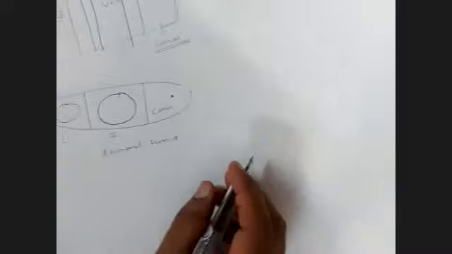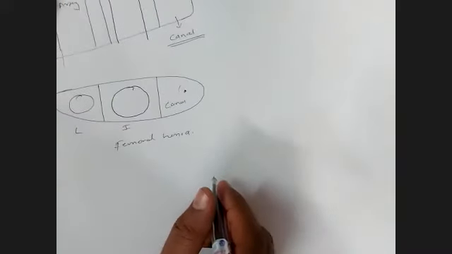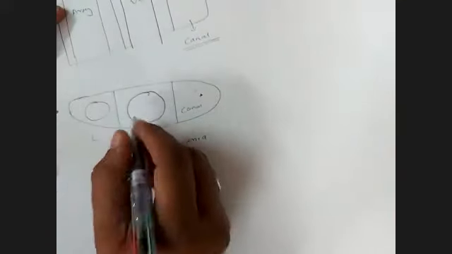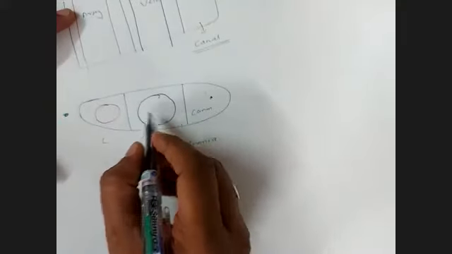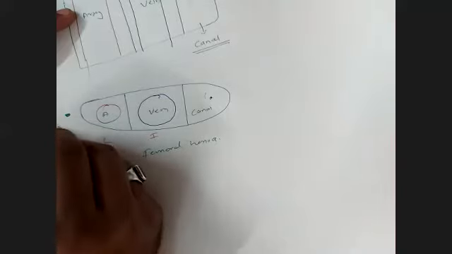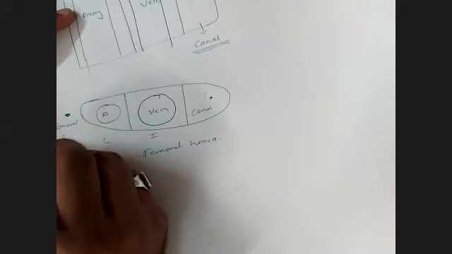Okay, this is the femoral sheath, and the femoral nerve doesn't lie in the sheath, it is still lateral. So in the contents, most medial is the femoral canal, then the femoral vein, then the femoral artery. All these three things are in the femoral sheath, and outside the femoral sheath, laterally, is the femoral nerve.